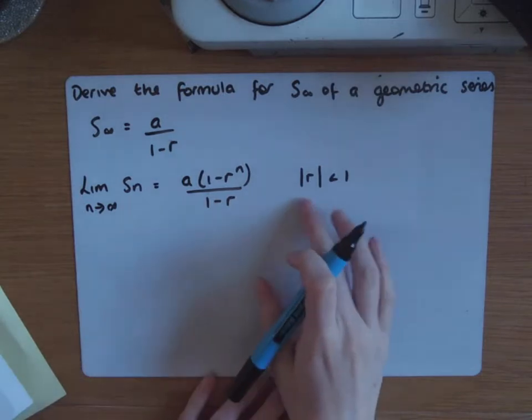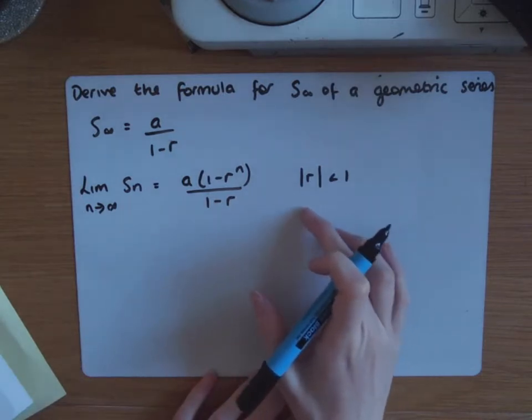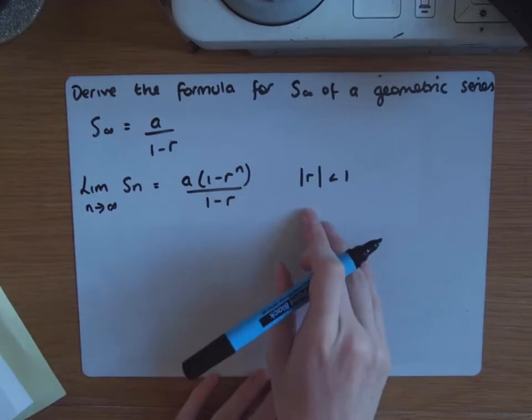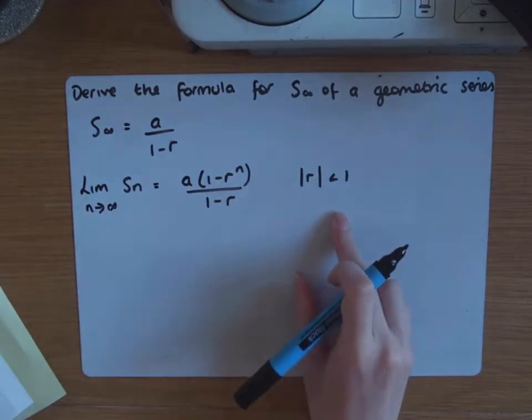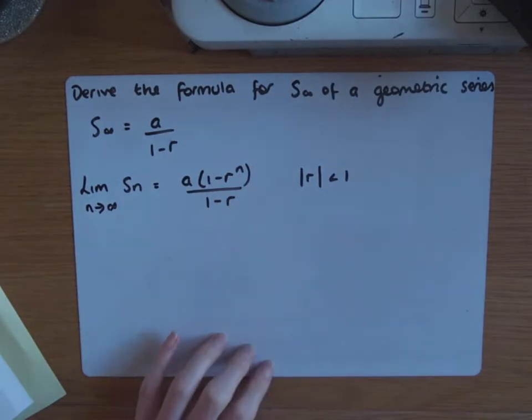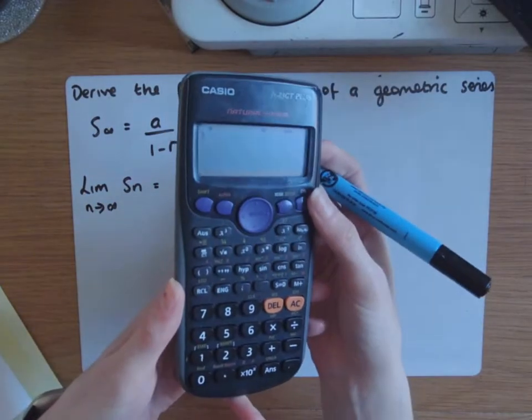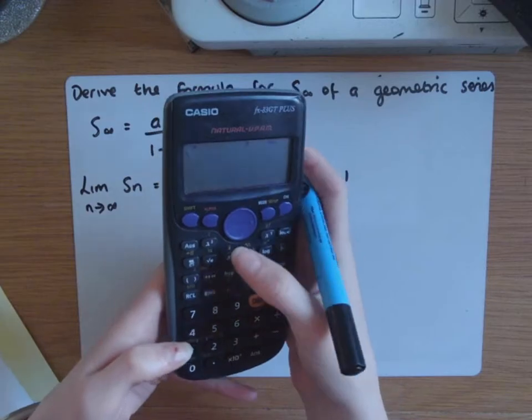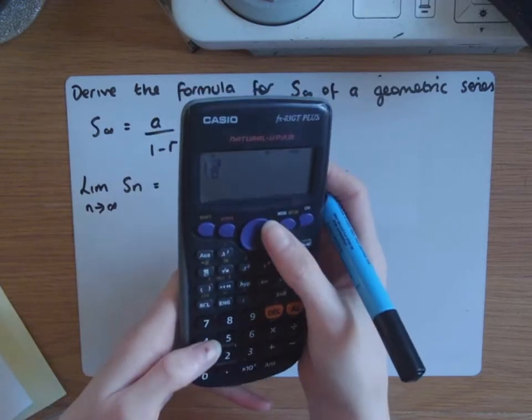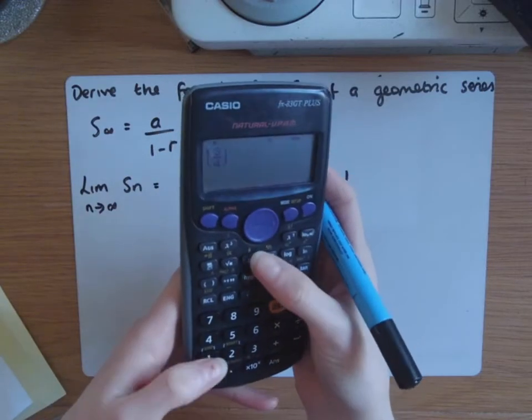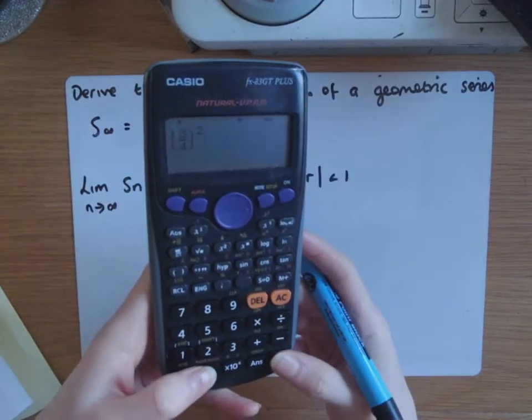Okay, remember modulus or absolute value, you're only interested in the positive. The magnitude, the size of r is less than 1. That means it's a fraction. So if you just take out your calculator, let's just pretend r is something like 3/4. Okay, so if we say 3/4 to the power of 2,